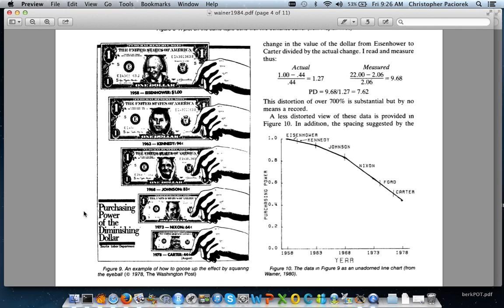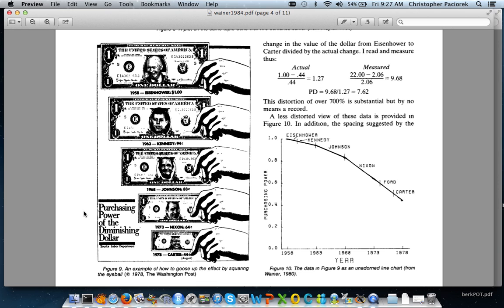I think what's going on here is they're basically changing the length of the dollar bill from this. So think of that as a single unit of length, and they're changing it to be 44% as long here because they're saying that the dollar is worth 44 cents. That because of inflation, the dollar in 1978 is only worth 44 cents of what it was in 1958. But when the reader looks at this,